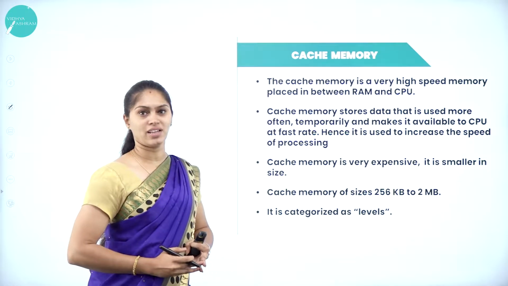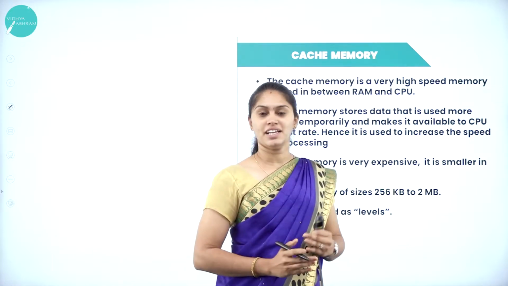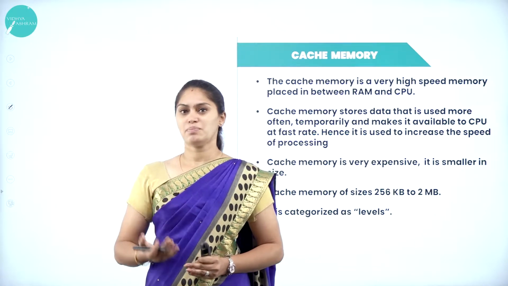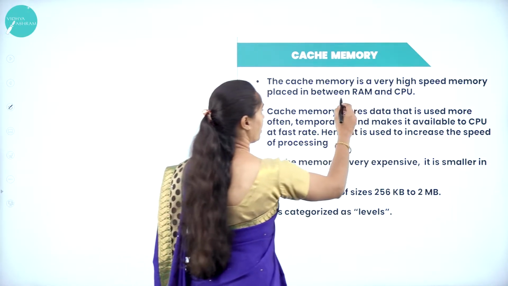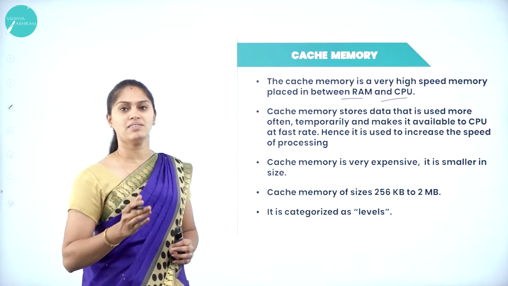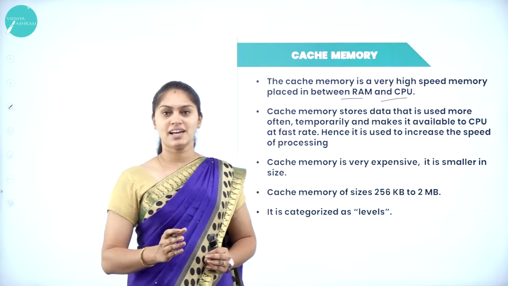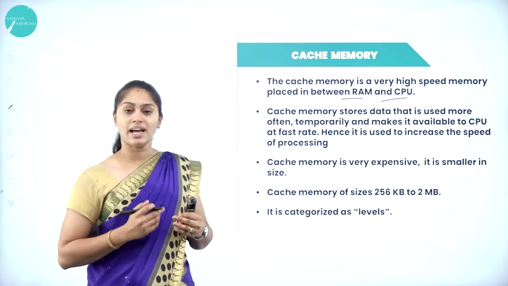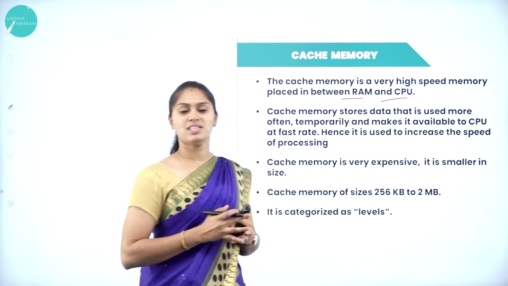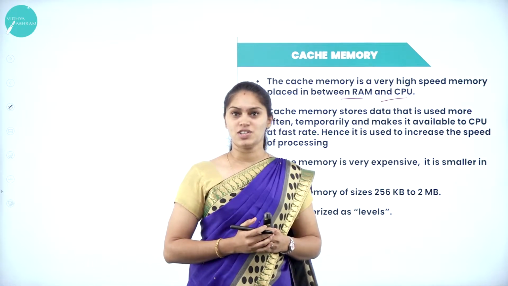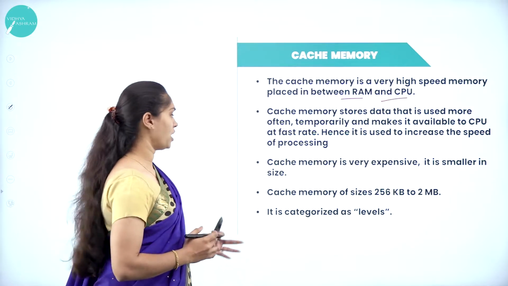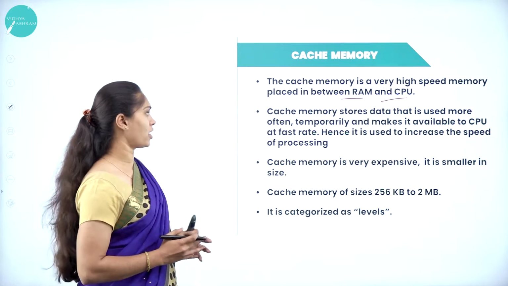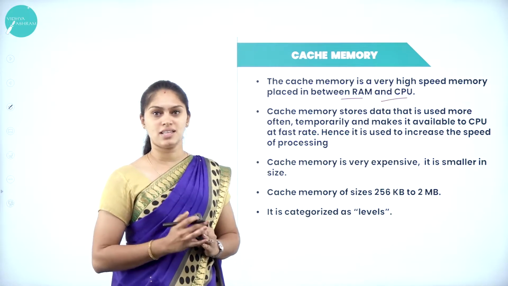Coming to the cache memory. As I told earlier, it is one of the primary memory or internal memory. Cache memory is very high speed memory. It resides in between RAM and CPU. So where is it going to reside or be located? It resides in between CPU and RAM. So mainly it is used as high speed memory. But it is very small in size and very expensive, so that it will improve the performance of a computer system. And this cache memory is mainly located in between the RAM and CPU.